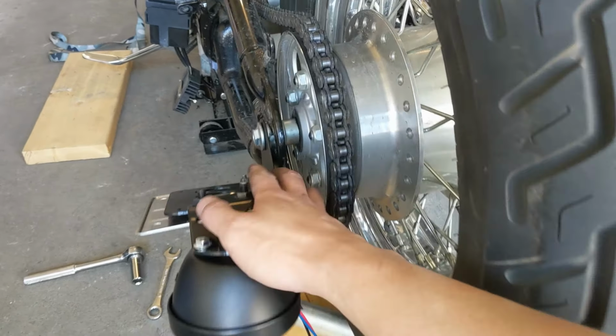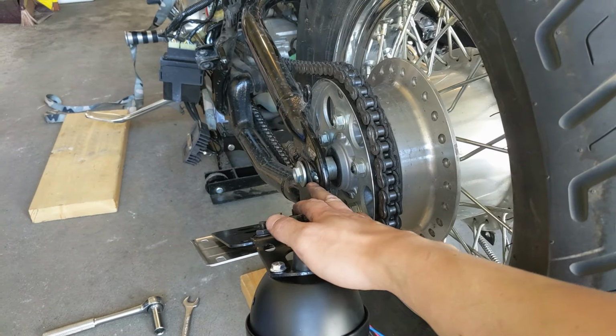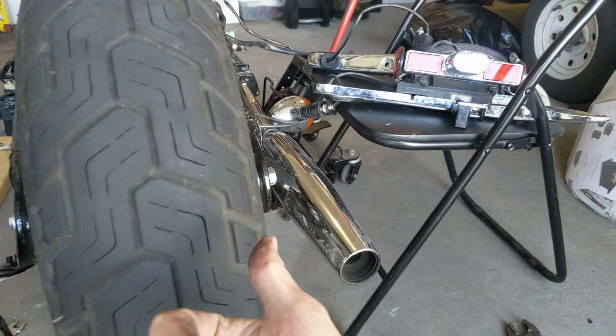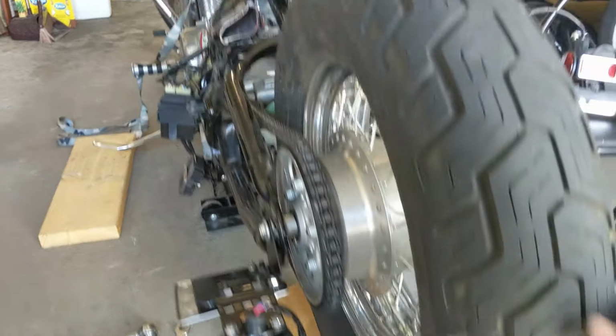Alright, so got it on. I didn't realize my battery died. Sorry guys. Basically that rod, slipped this in first and basically did everything in reverse. Slide that through all the way, put the nut in, and then tighten it down. I did have to